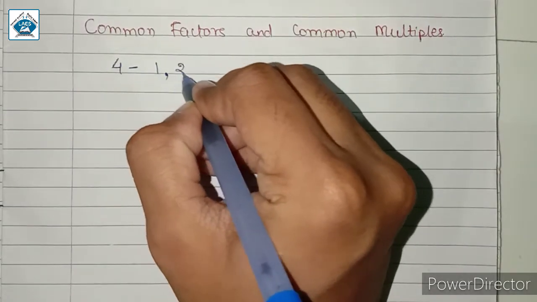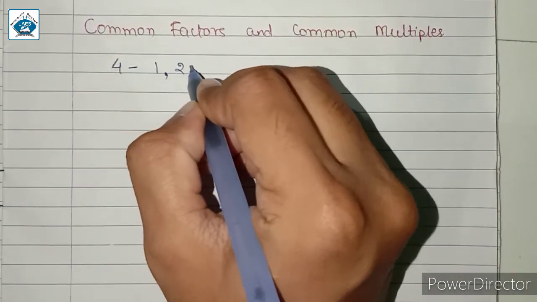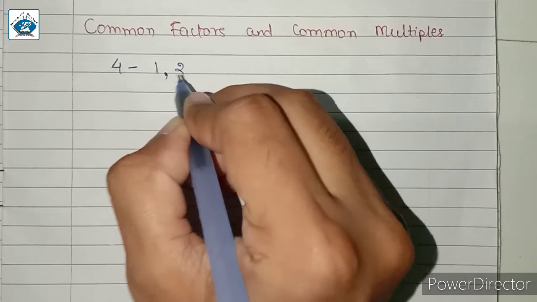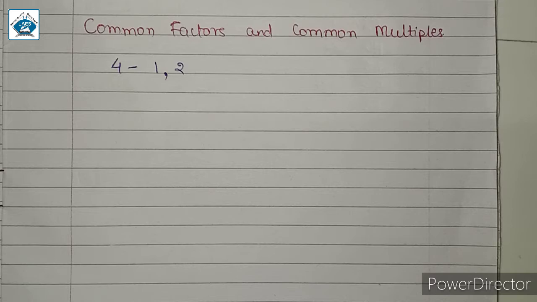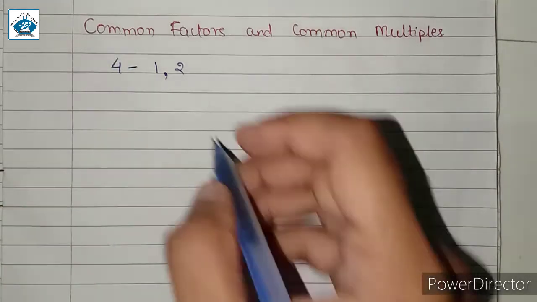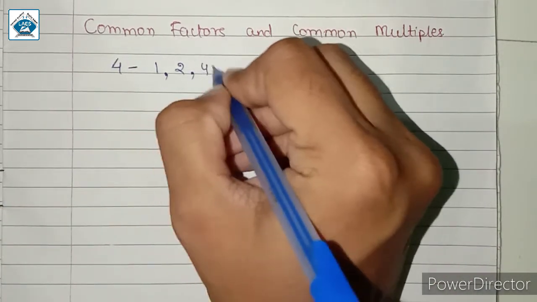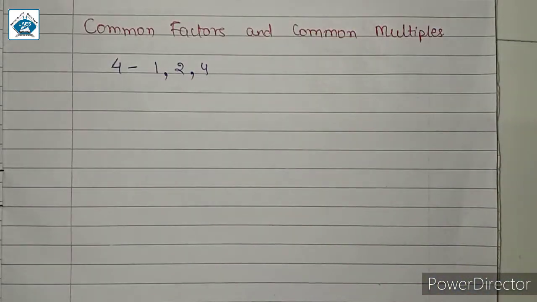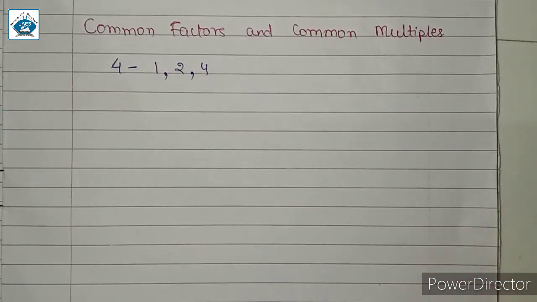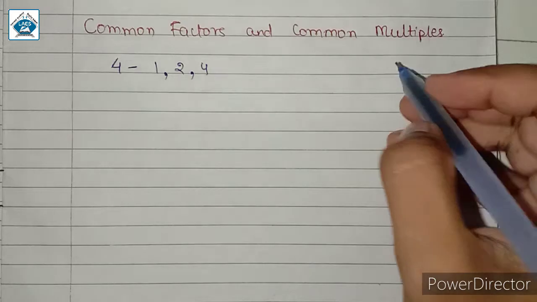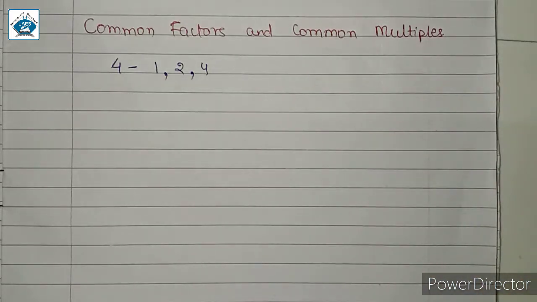Then 2 multiplied by 2 is equal to 4, यानी कि 2 के टेबल में 4 आता है तो 4 जो है वो 2 का फैक्टर है. 2 के टेबल में 4 आता है, that is why 2 is a factor of 4. And 4 itself, 4 के टेबल में भी 4 आता है, therefore 4 is a factor of 4. And what is the meaning of multiples? 4 के टेबल में जो नंबर्स आते हैं वो 4 के मल्टीपल्स हैं. जिन नंबर्स के टेबल में 4 आता है वो नंबर्स 4 के फैक्टर्स हैं. लेकिन मल्टीपल्स क्या है, ऐसे नंबर्स जो 4 के टेबल में आते हैं.